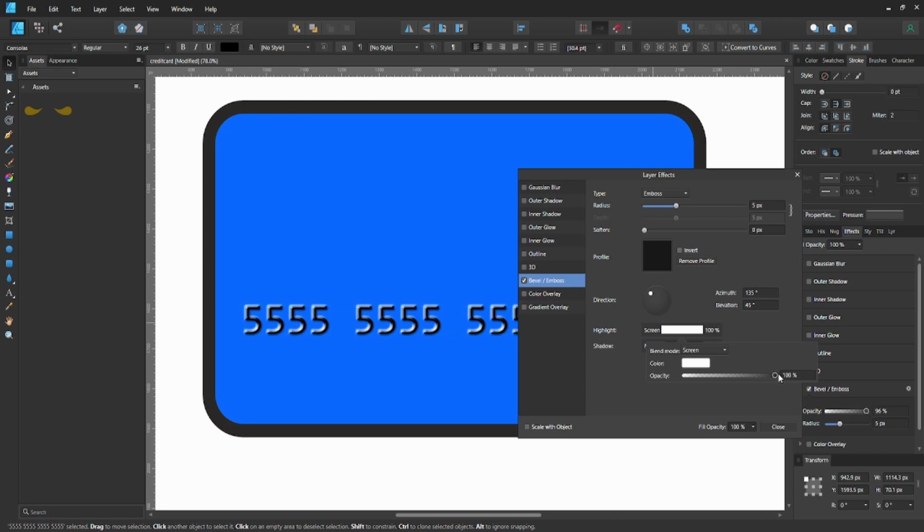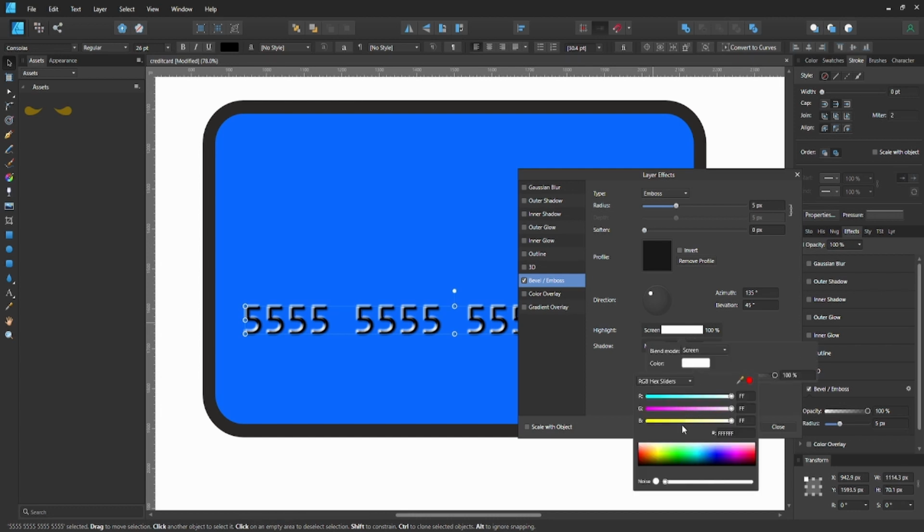And instead of doing white, we're just gonna make it a little bit of a, let's see if we can do a silver color, like a grayish color. So we're gonna go to our grayness, and we're gonna go more of a grayish silver type of color. So like right about here, and then hit OK,